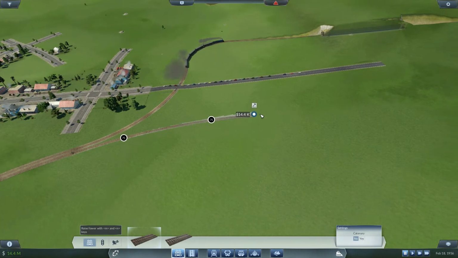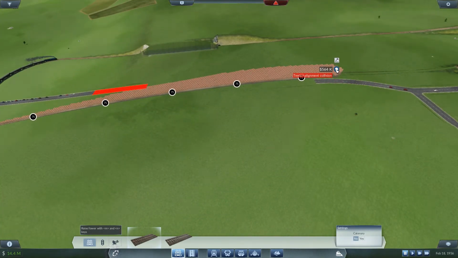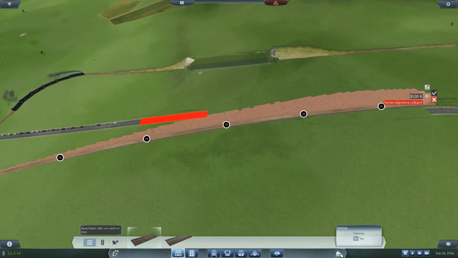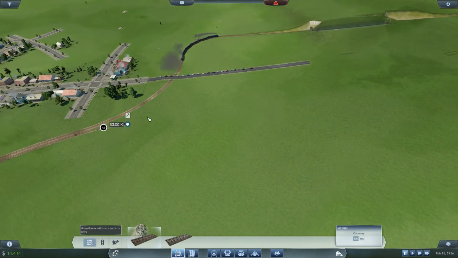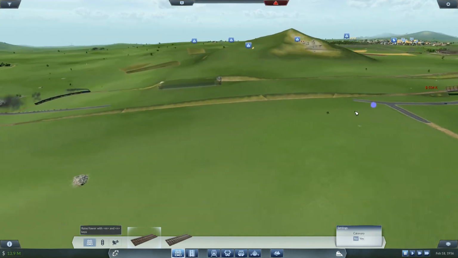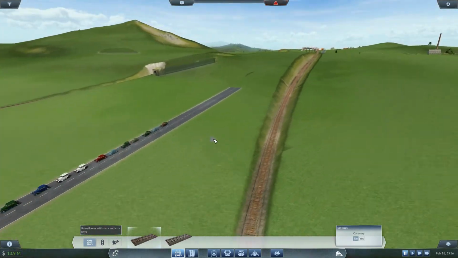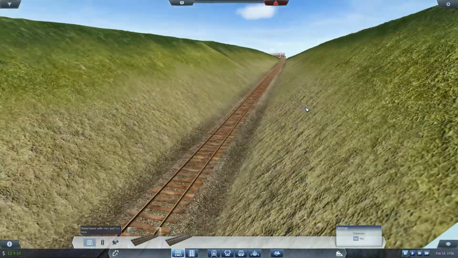Where are we? We were here, weren't we? So if we... Stop fighting with me. Doesn't want to play nice. Now it might offer a tunnel. Huh. Well, that's strange. Once I moved the track, it applied a bit of a hole. So when it's going uphill,